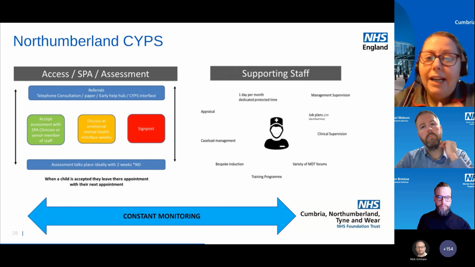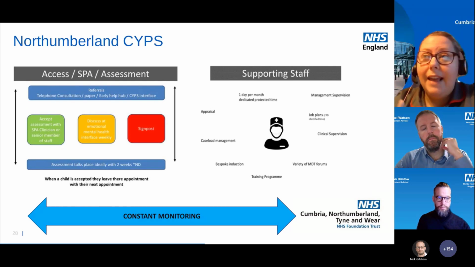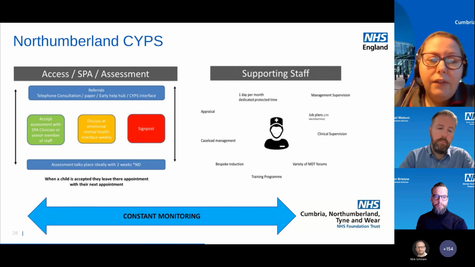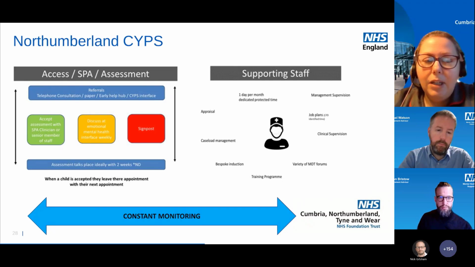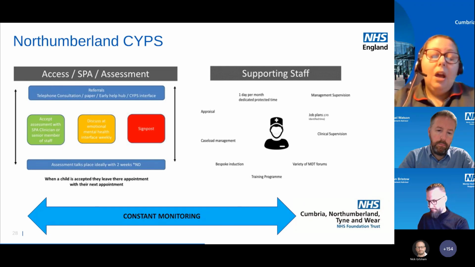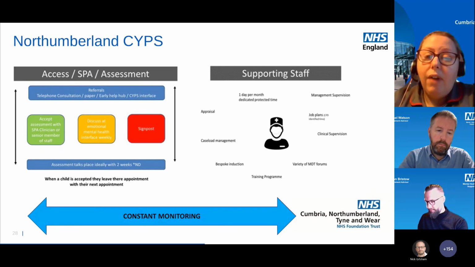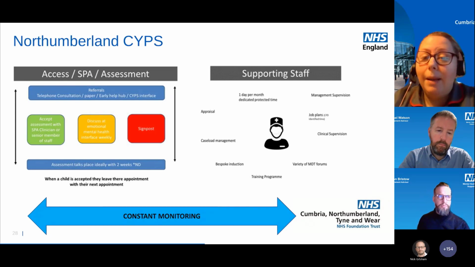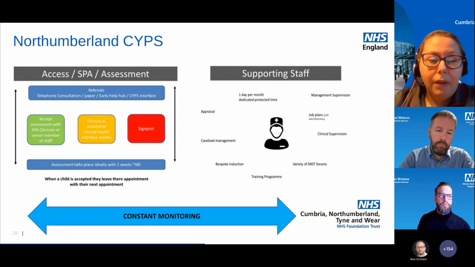So we agreed across the partnership with one multi-agency that if a referral went to them, we would all ensure that it got to the right place. Those clinicians at the front door will accept young children, and then they have an initial assessment with a senior member of staff. And this was to ensure that we are allocating to the right clinicians with the right skills. I think all services have tried to manage waiting times in the past, and we have to ensure that it's the right person working with that child with the right skills to ensure that throughput.